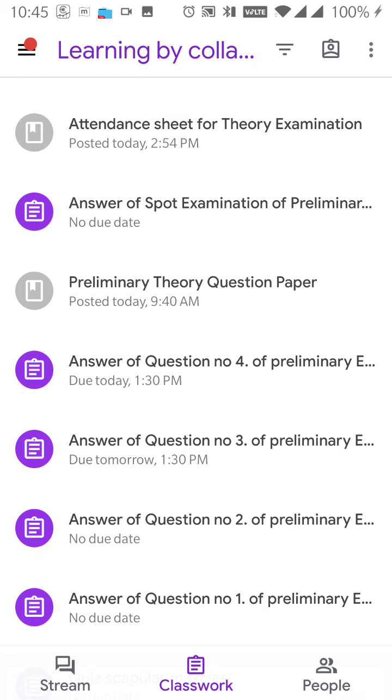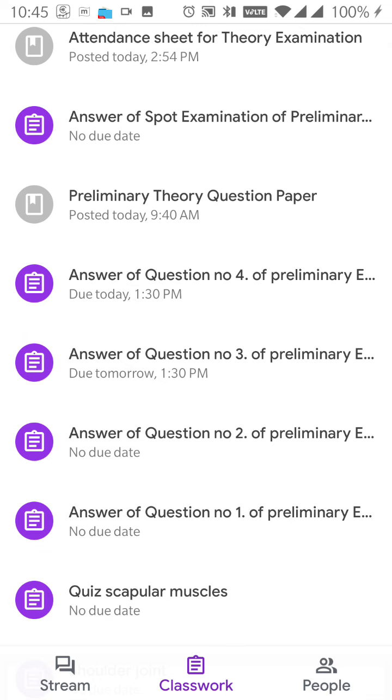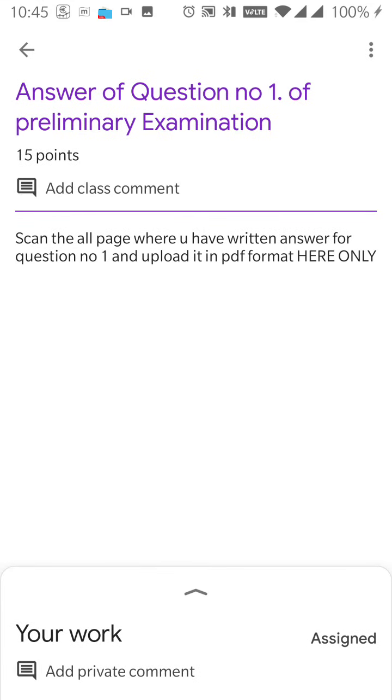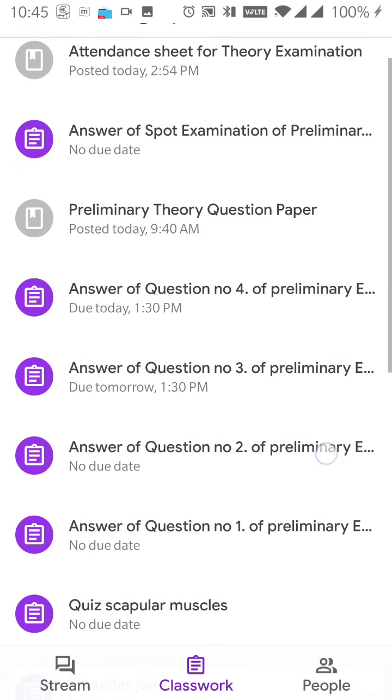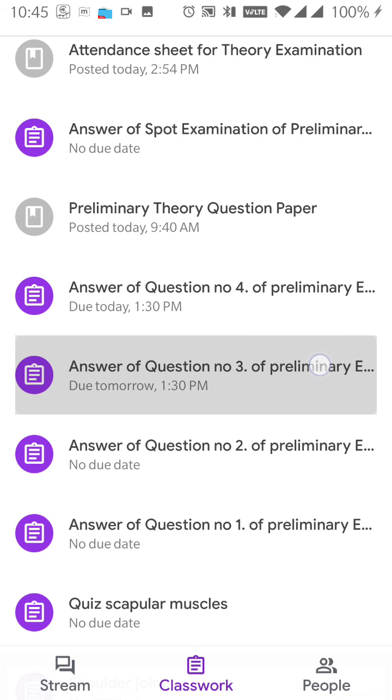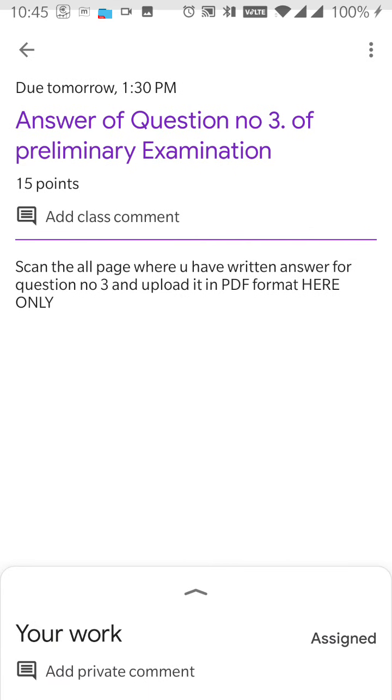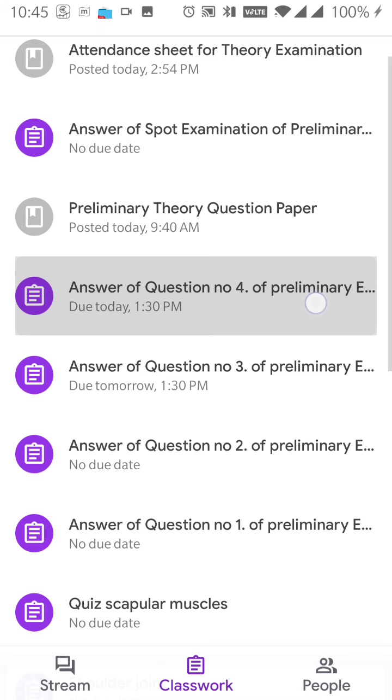After you finish solving your question paper, you have to upload the sheets. For uploading, you can see there are 4 links. Answer for question number 1 of preliminary examination, answer for question 2, answer for question 3, answer for question 4.